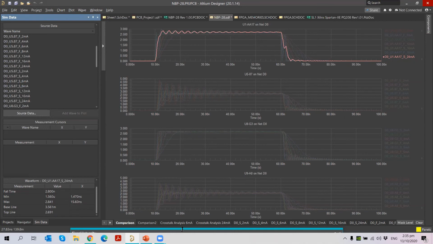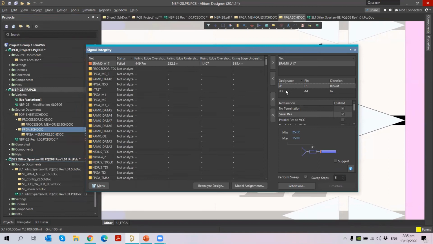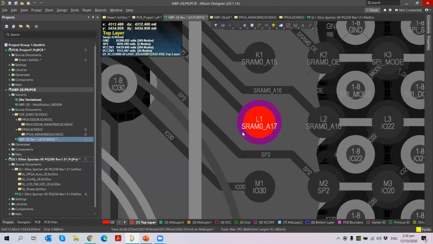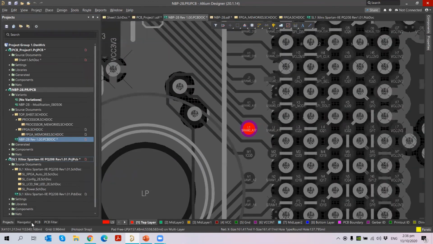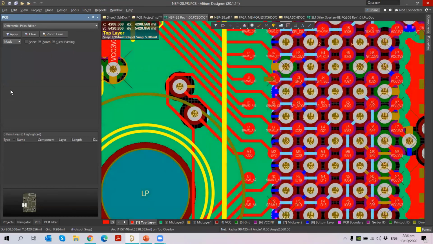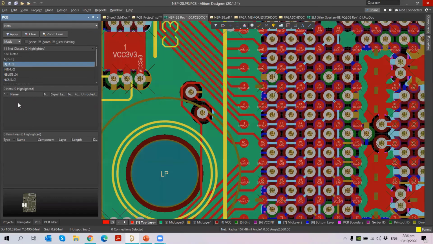Okay, so this is about your signal integrity analysis. You can do it here. If you want to find out how it works, let me select these two both at the same time. Okay, let me select the net here. It goes to that particular net. From here, I want to select that net. I can go to the PCB panel, go to the nets and then choose the net here. So let me choose that net from D5 and D6.